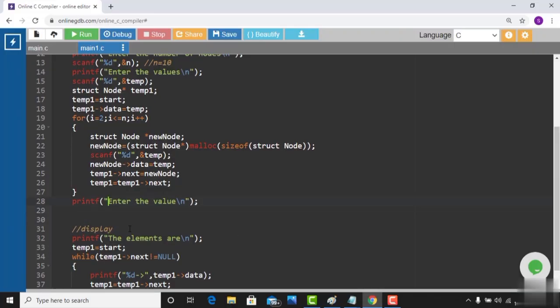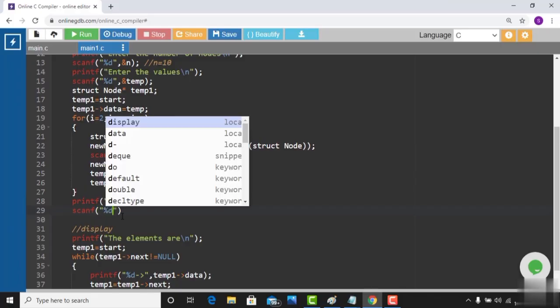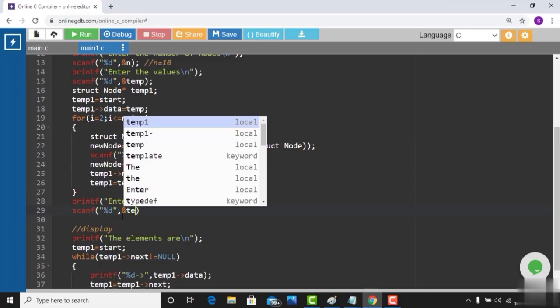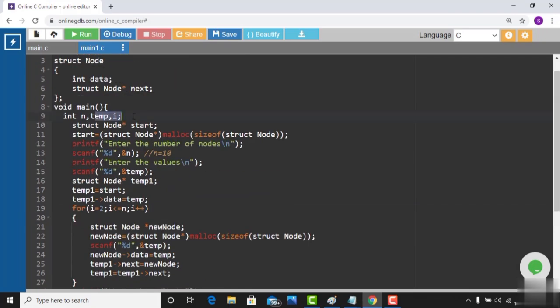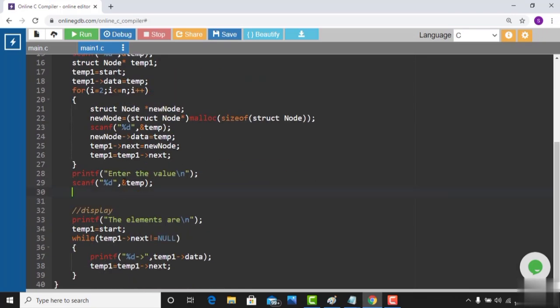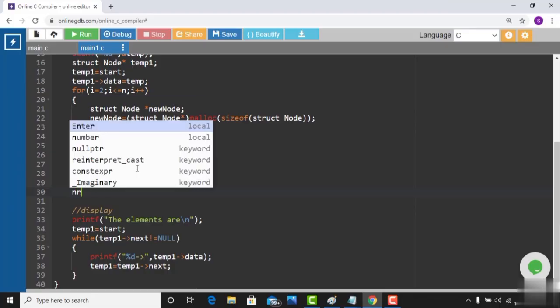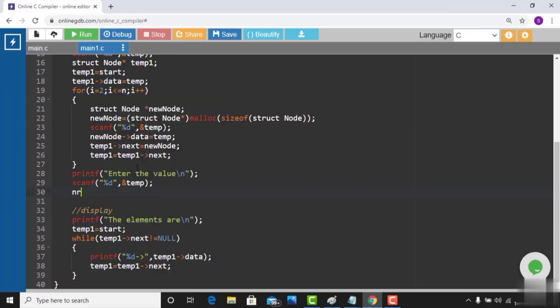Enter the value which the user wants to enter. Let me scanf and store it somewhere. Let me use the temp variable itself. We have already declared that in the previous videos. That is a temporary variable which I have used, so let me use that itself. Let me create a new node. That's very important. So how to create a new node? It's again very simple. New node, malloc size of struct node,